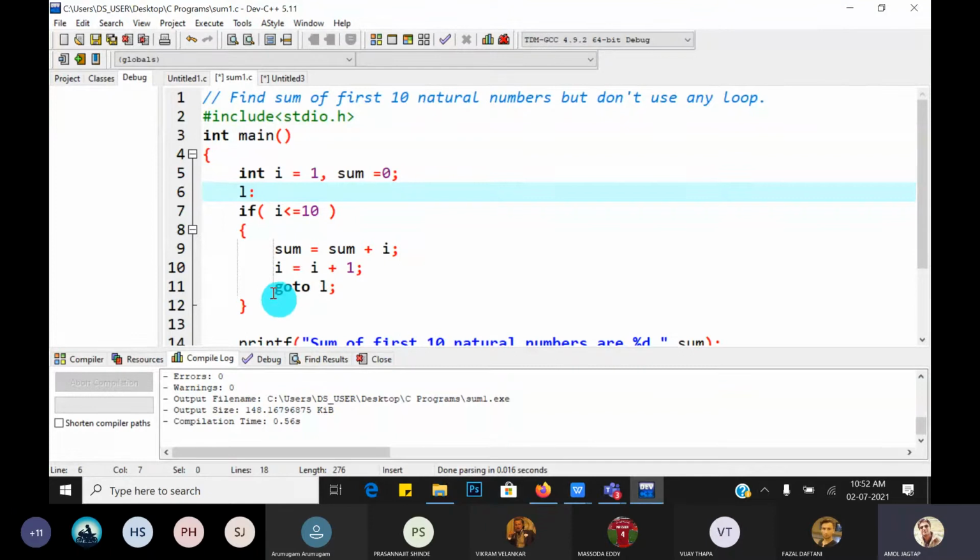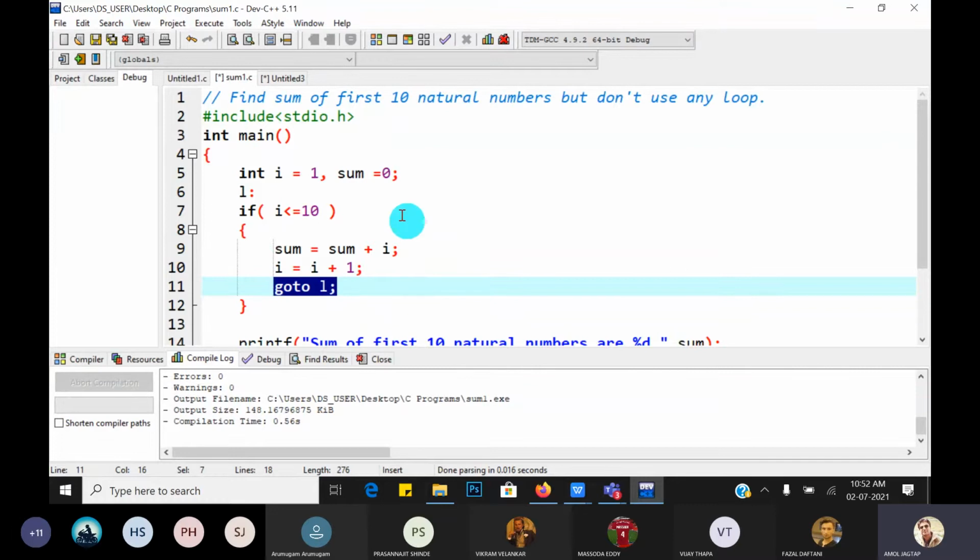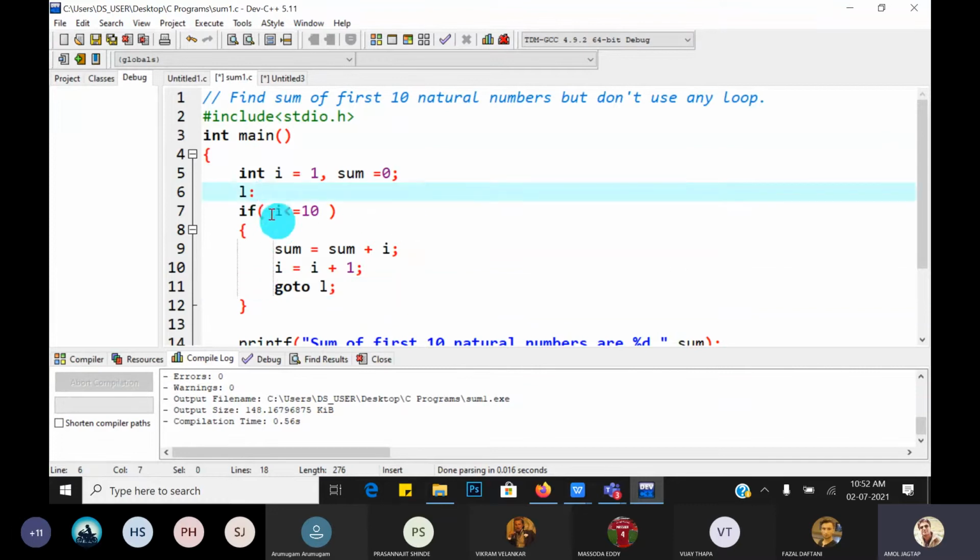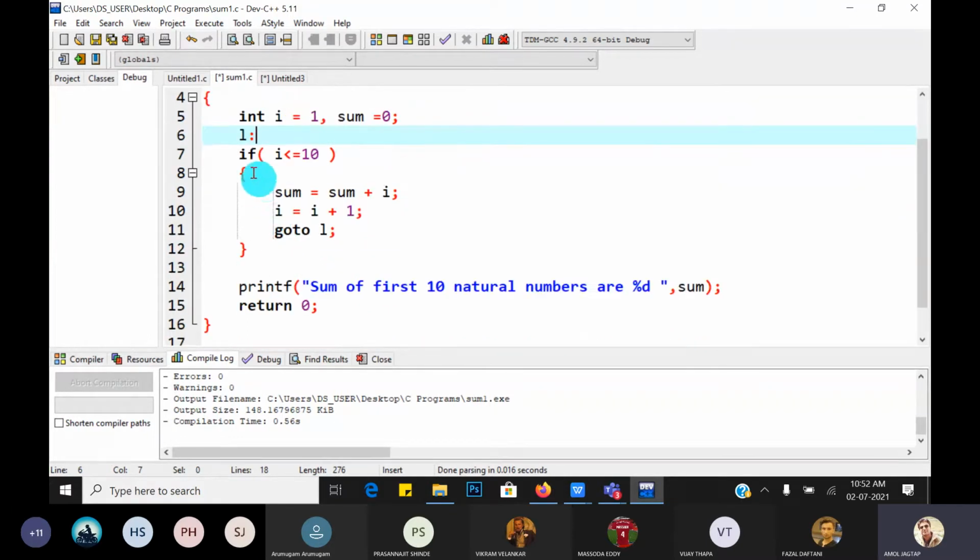Okay, so what is the meaning of that? This is an unconditional jump. When this statement executes, it jumps to the L label, and again the same thing is executed, until the condition is true. If the condition is false, then it exits the if, so it goes to the next line.